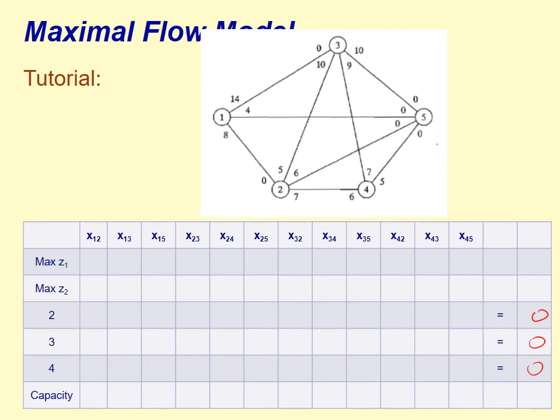What is Z1? Z1 is the outflow from node 1, which is this arc, x1,3, this arc, x1,5, and this arc, x1,2. So x1,2 is 1, x1,3 is 1, and x1,5 is 1 in the first alternative of the objective function. What about the second objective function, which is the inflow into node 5? It can be this one, this one, this one, and this one. So as you can see, it is x1,5,